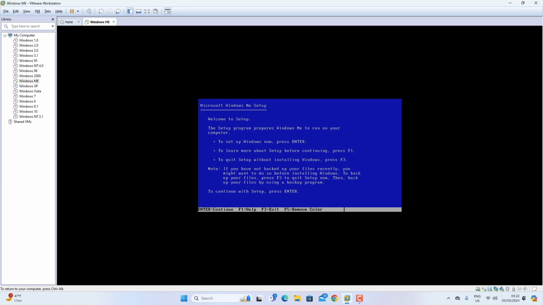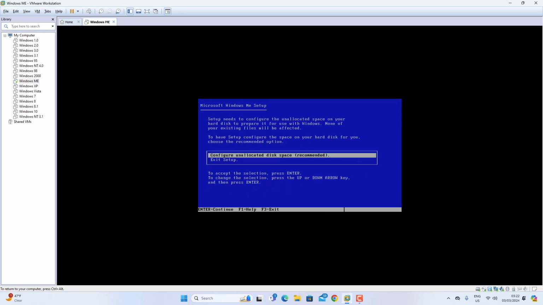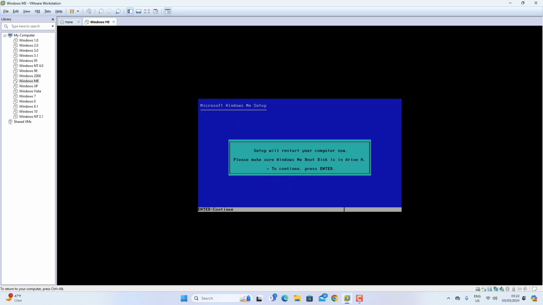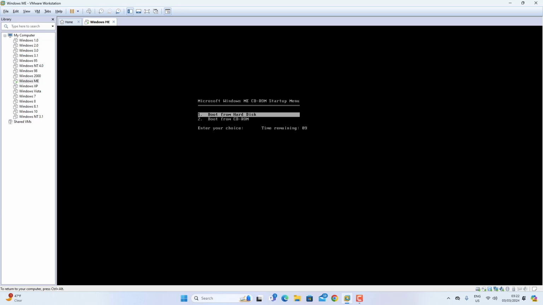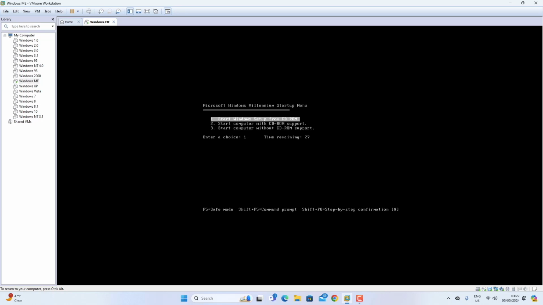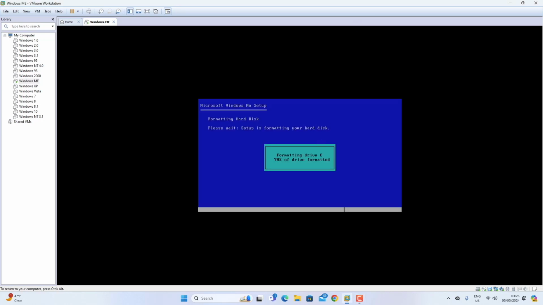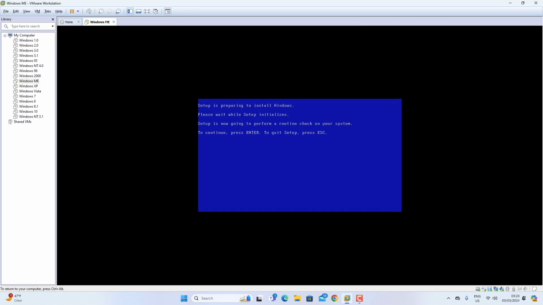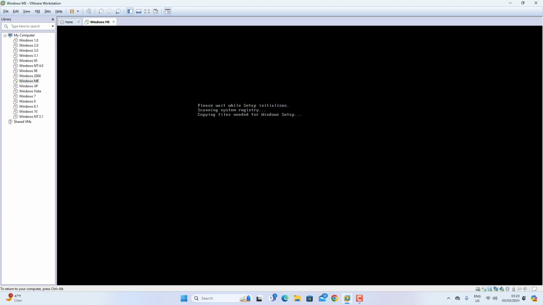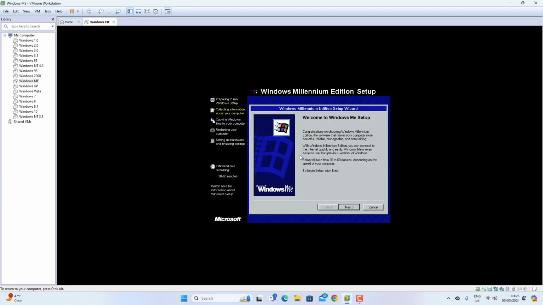After a while, you enter the Windows ME setup. Basically, it does look really much like the Windows 9X setup. Basically, Windows 98, but with a few extra features, and it did remove DOS mode, unfortunately. After formatting the C drive, I do believe it will go into setup. Basically, Windows ME setup does look very similar to Windows 98 setup. As you can see over here, Windows Millennium Edition,